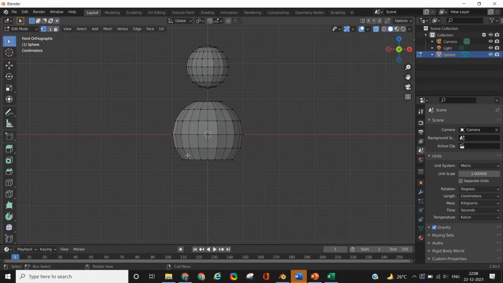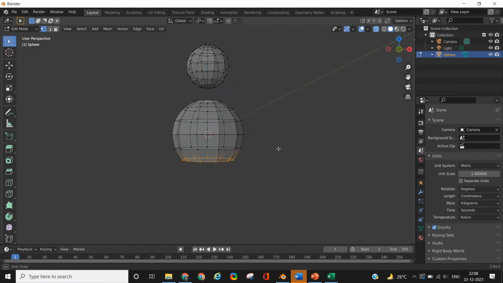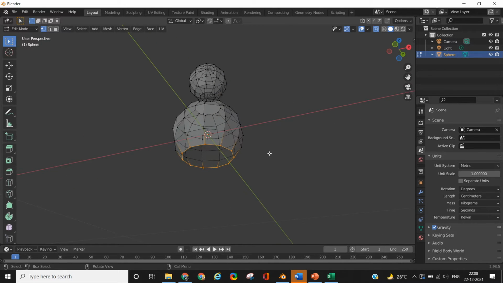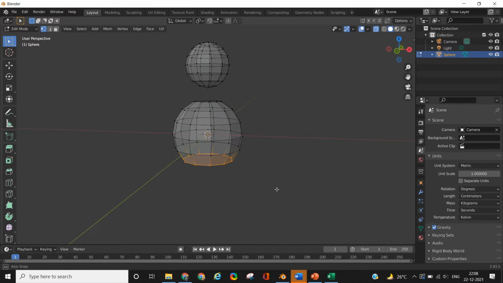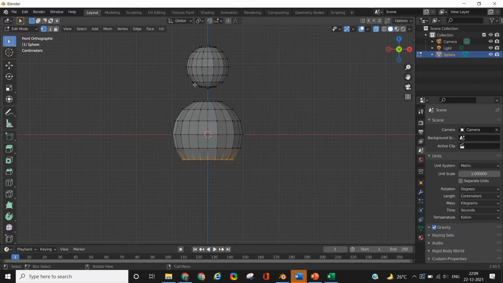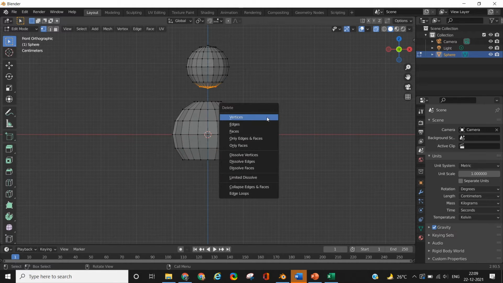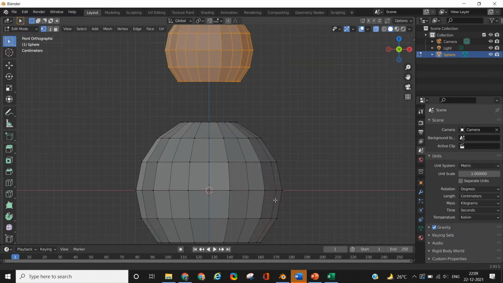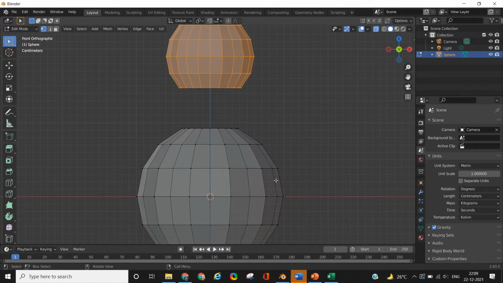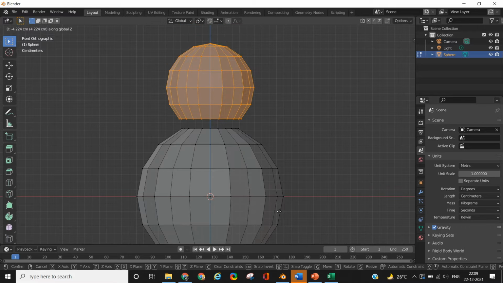So the space that we have created at the top will be utilized to connect to the top sphere, and for the bottom we need to create a flat base. So I selected the vertices, deleted them, and then selected the rest of the vertices at the bottom and pressed F on the keyboard to create a face with all the selected vertices. Similarly at the top sphere I'll delete the bottom part to create space on the top sphere also, and then I'll move the entire sphere slightly downwards, just some distance from the bottom sphere, so that I can create that muffler that the snowman is going to wear, that blue muffler that you saw at the beginning.